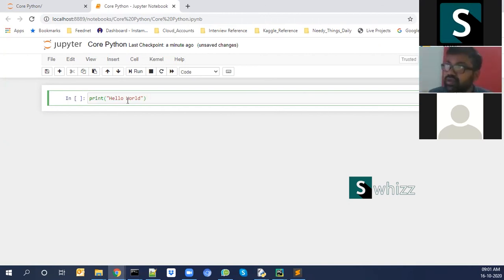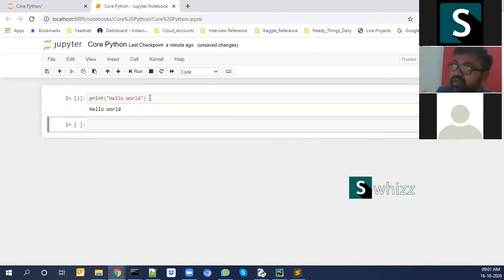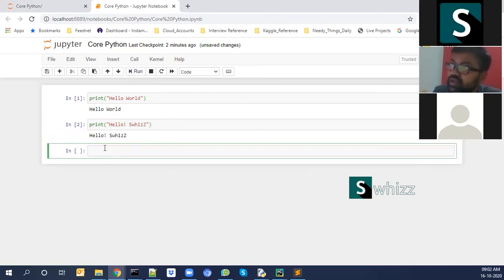Okay, let me check. Once I enter this print hello world syntax in my cell, Shift Enter is one way to execute it, or you can tap on the run option. So it will execute this. Hello. Okay, you can just run this one. It will execute and you will get a new cell.